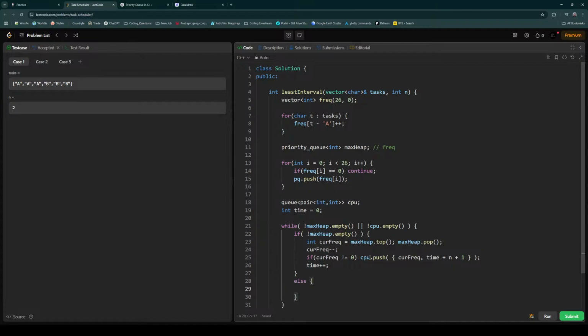Else if max heap is empty, this means there are two cases. Either all of the tasks are in the CPU, or there are no tasks left, right? Now if all of the tasks are in the CPU, then I need to move the time. So if Q is not empty,